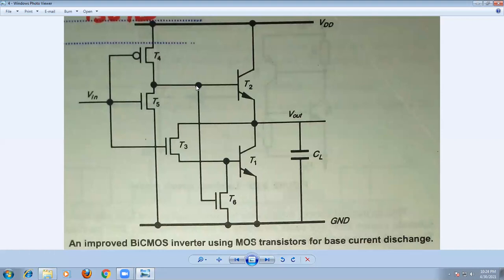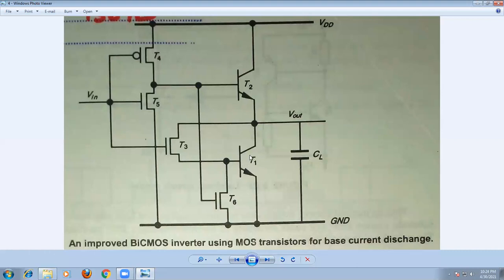So what happened now in this case? The output will be charged to the value of VDD. So you are getting the logic 1 state. The logic will be satisfied. But what happened now in this case? Because the transistor is off in this case,